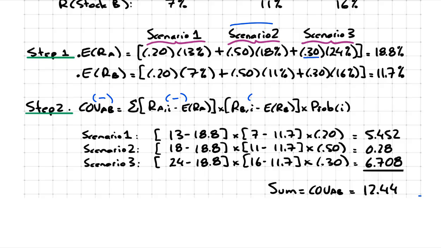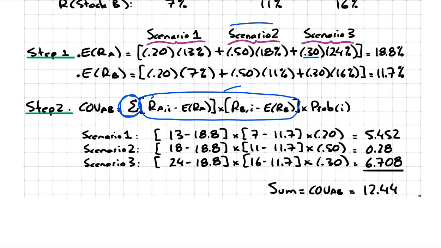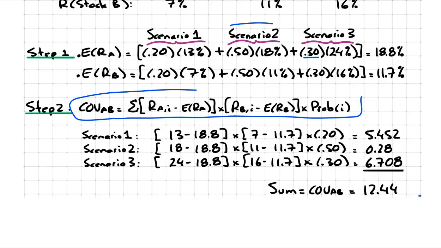Now the thing is, we've got to do this for all scenarios. So this here represents just one observation. So what we have to do is add up all observations, because remember in this case we had three scenarios. So this just represents one scenario, and then we just keep adding it up until we have all three scenarios. But the other thing is, since each scenario has its own likelihood of occurring, we multiply the co-movement of each scenario by the probability of that scenario. So with the framework at hand, and this is what I mean by the framework,